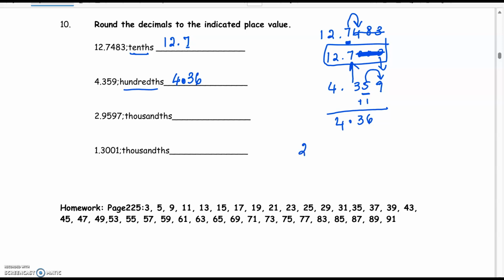So the next thing is 2.9597. We need to round it to the thousandths place. This is the thousandths place. Tenths, hundredths, thousandths. So look first for the thousandths place. One place value to the right tells you to add 1. Now when you add 1, do it the old-fashioned way. Get rid of that number. Do not replace it with a 0. 9 plus 1 is a 10. 5 plus 1 is a 6. And we get